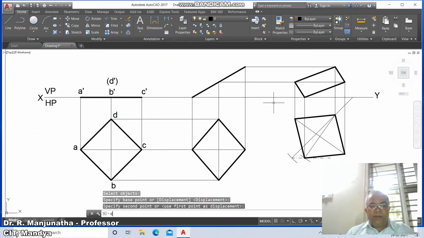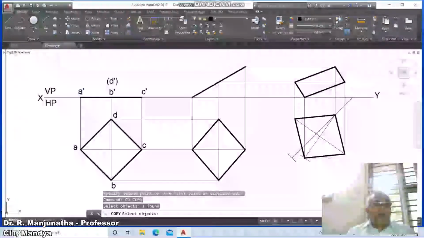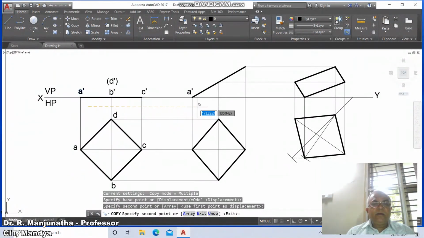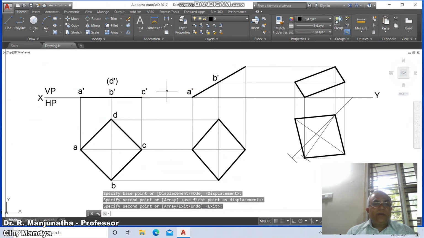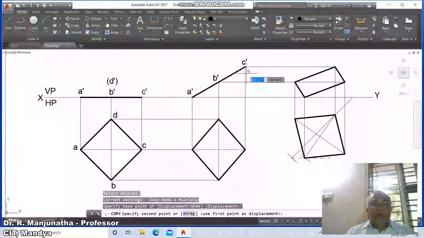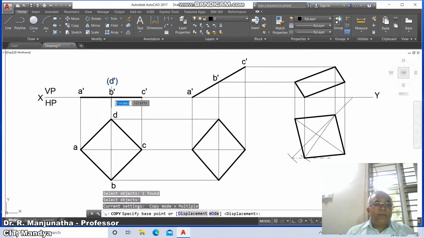Then go to copy, select A dash here, and go to B dash here, then C dash here, then D dash, and select this here.